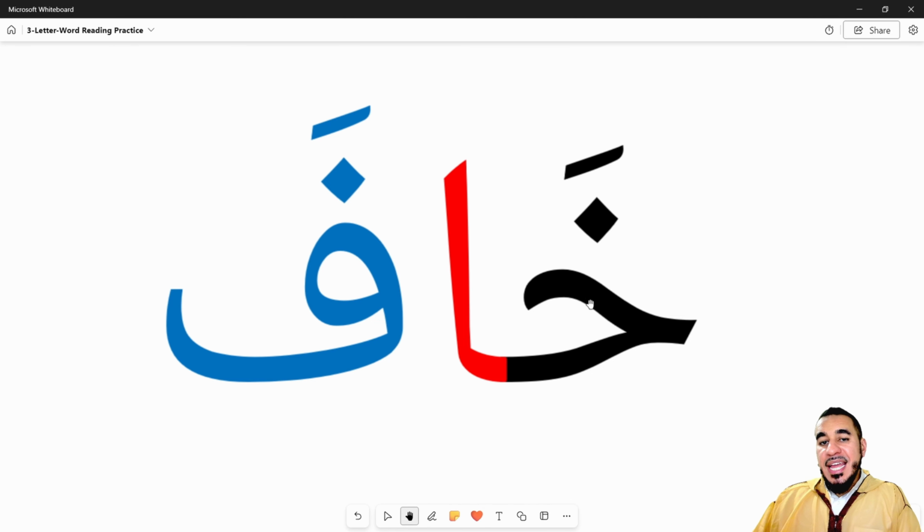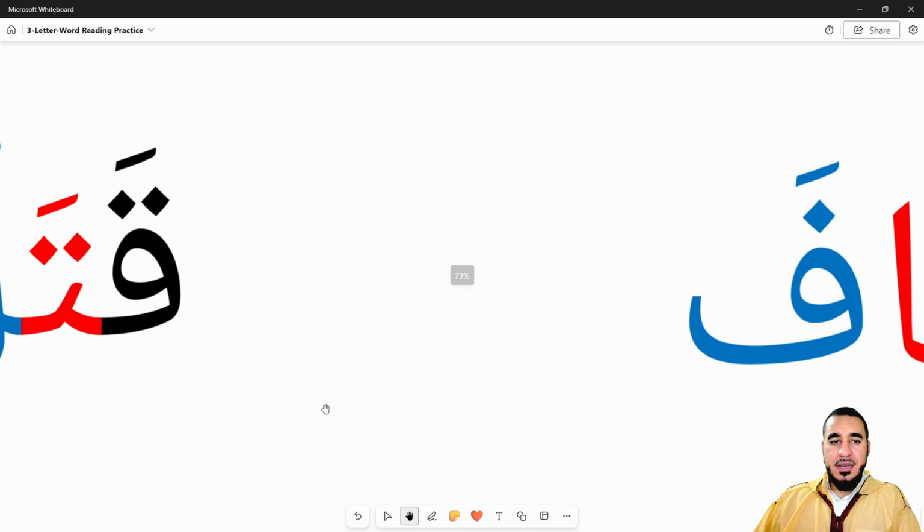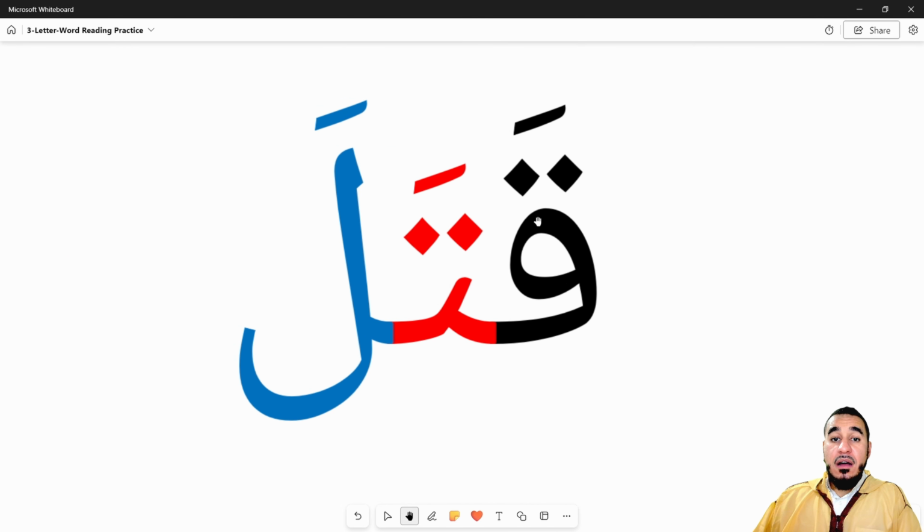So here we know that this alif is going to be extending the sound of the fatha. So this would become kha, kha, and then lastly the fa with a fatha. So khafa, khafa. You can hear the alif is extending the sound of this fatha. Naam. So this word is read as khafa. Jamil. And then the last word on this row starts with a qaf, and in the middle we have the